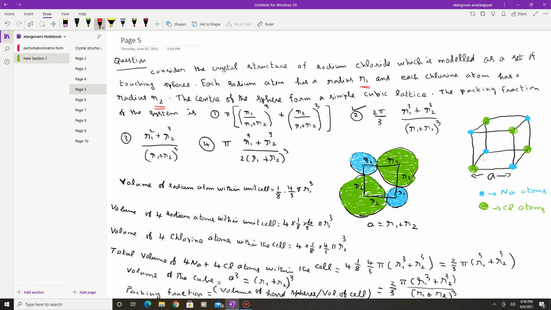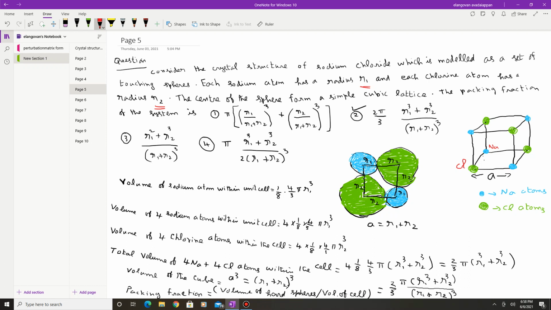So in order to calculate the packing fraction, first let us draw the diagram corresponding to the NaCl crystal. The blue color represents the sodium atom, and this represents chlorine. So they are ionic crystals. They are alternately arranged. Now let us draw the same diagram. You project the atoms onto the base. You draw the diagram only in the base itself.